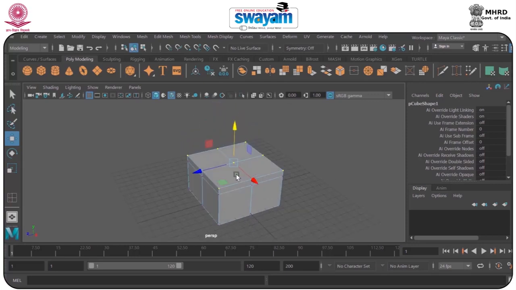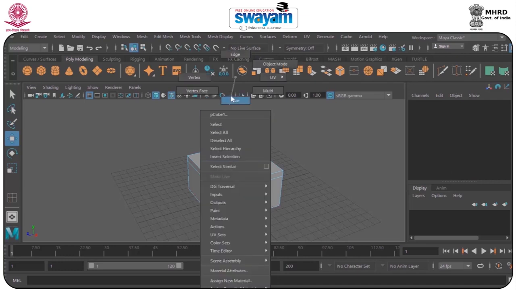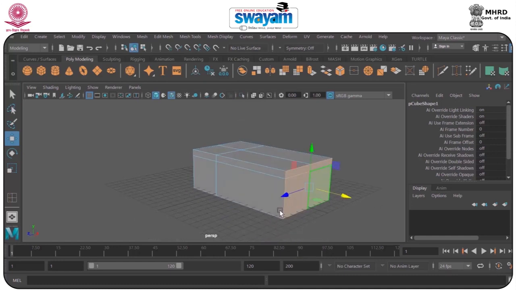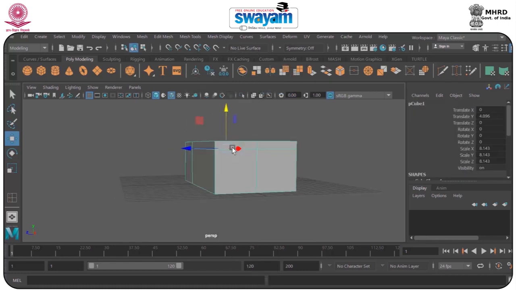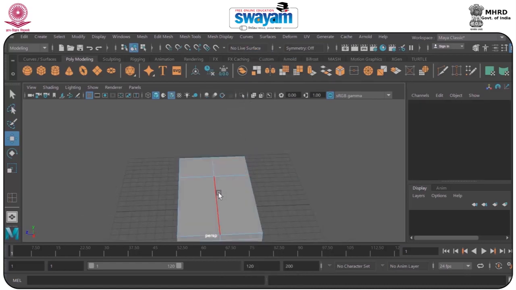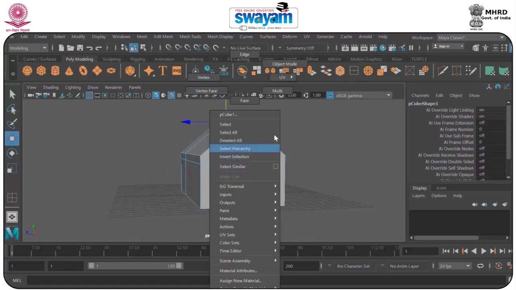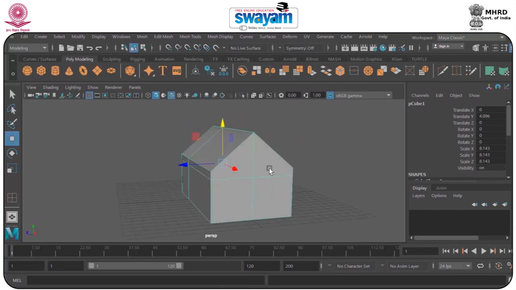This would be fine. After that we'll go to the edge or the face. I will select the face, that would be better for me, and I will just drag this up a little bit. Okay, this would be fine. As you can see, this is a very basic and dummy model. I'm going to the edge, selecting both of them, and moving them up somehow. Okay, object mode. As you can see, that's a dummy model, because at first you have to understand the concept of UV, then you can work on the same.